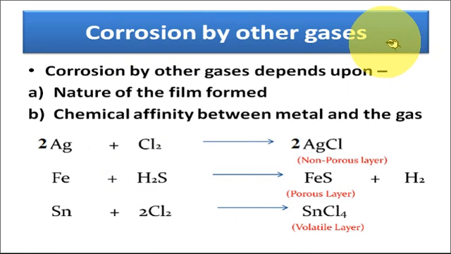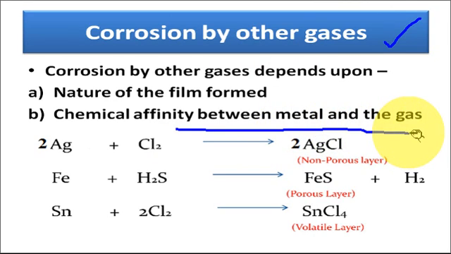Now, corrosion by other gases. Other than oxygen, some gases may also cause corrosion, but in presence of other gases, the corrosion depends upon two things. First is the chemical affinity between metal and the gas. That means there is some reactivity between metal and the attacking gas. If the chemical affinity is there, then extent of corrosion depends upon the nature of the corrosion product formed